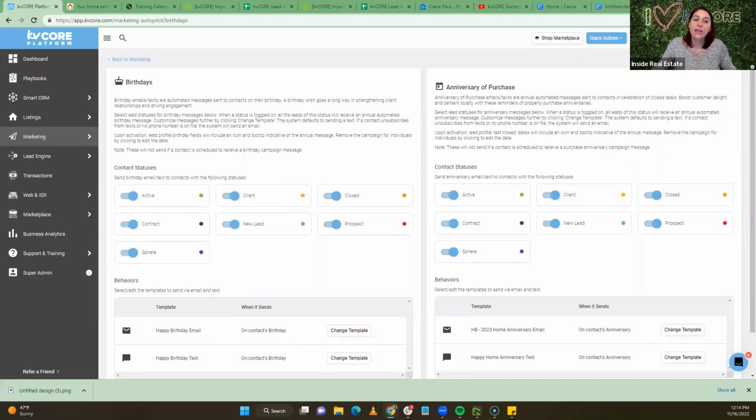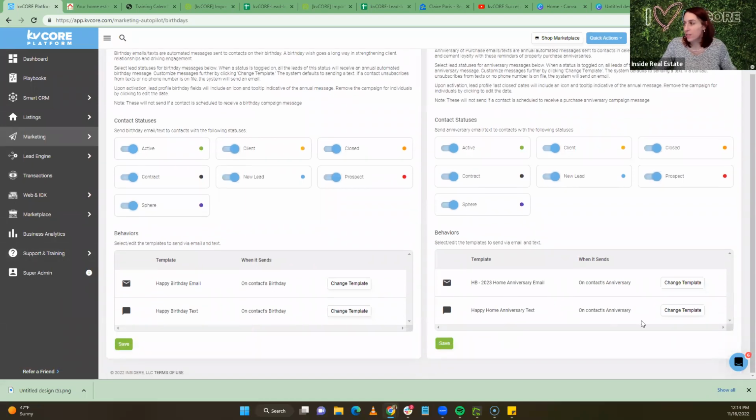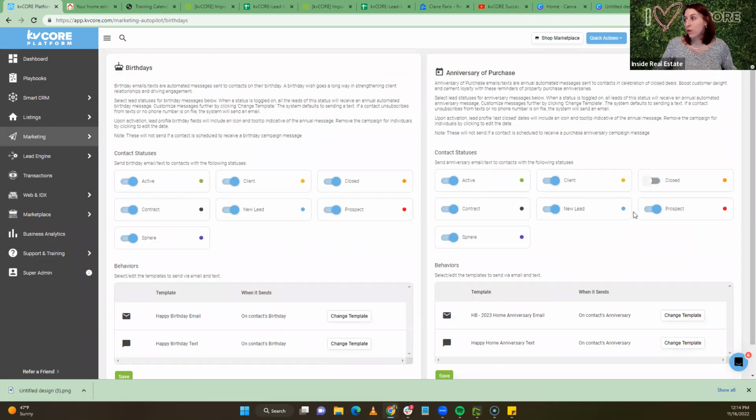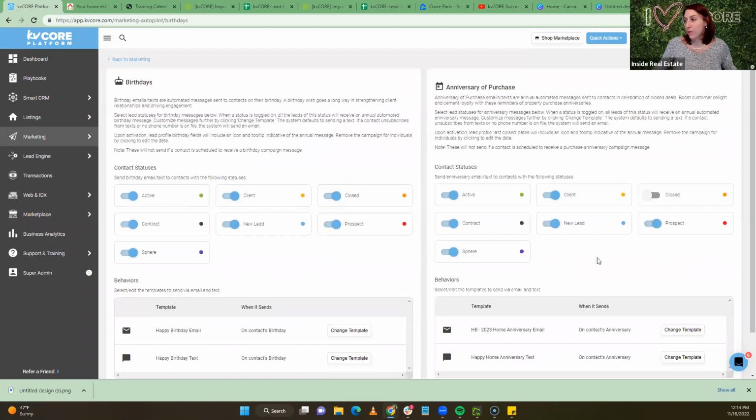Yeah, you could do, well, you can't use a photo from their MLS listing because this is going to everyone, right? Now, if you wanted to use a photo of their MLS listing and you don't want to automate it, you could turn it off for your closed people. So your closed people don't get it. Only other people do, which is weird because most people, you're not going to know it anyway. But you could set up in your campaign